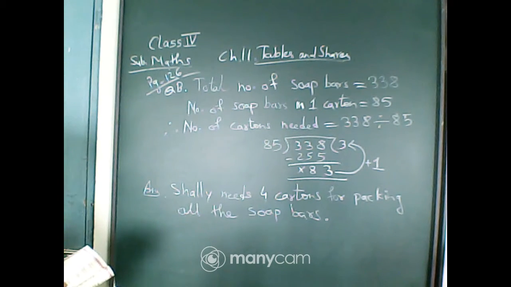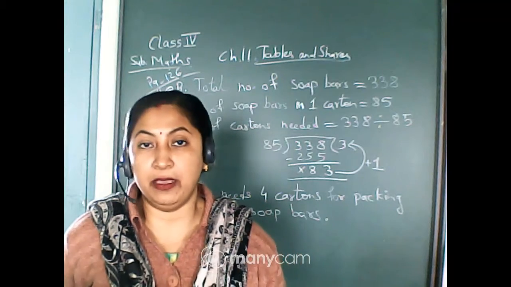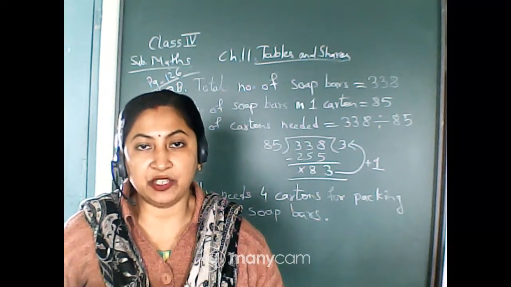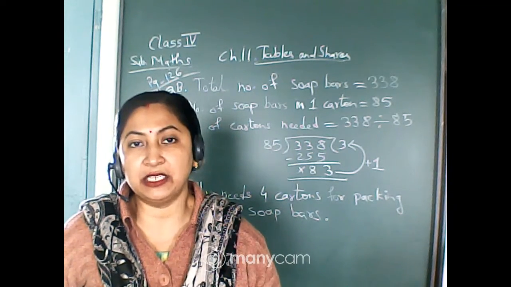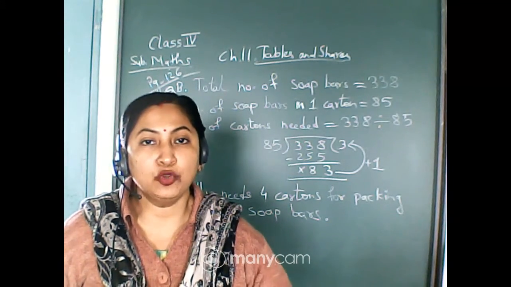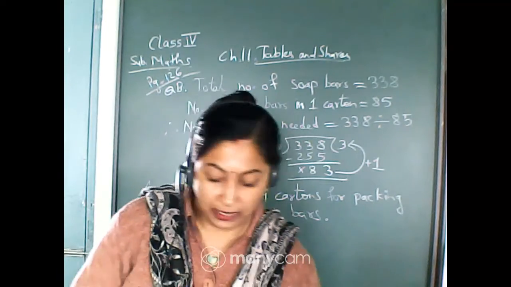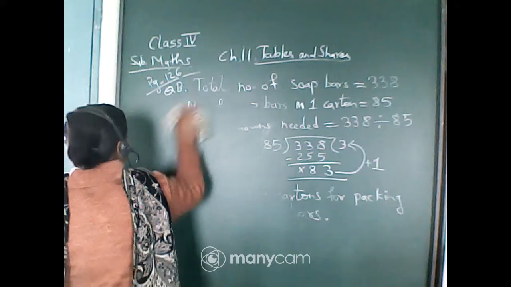Manpreet wants 1500 sacks of cement for making a house. A truck carries 250 sacks at a time. How many trips will the truck make? Now here it is given that Manpreet needs 1500 sacks of cement, but a truck can carry only 250 sacks at a time. So you have to find out how many trips the truck has to make to carry these 1500 sacks of cement. So for that also we have to divide it. So let us divide. This is question number C.